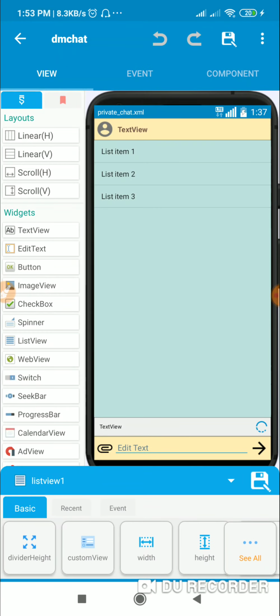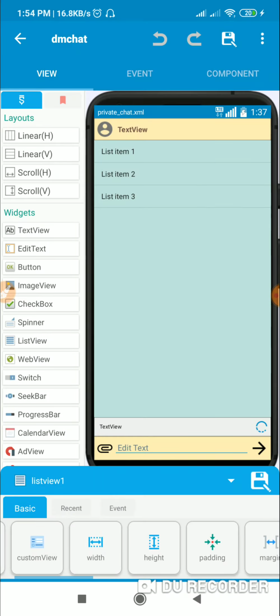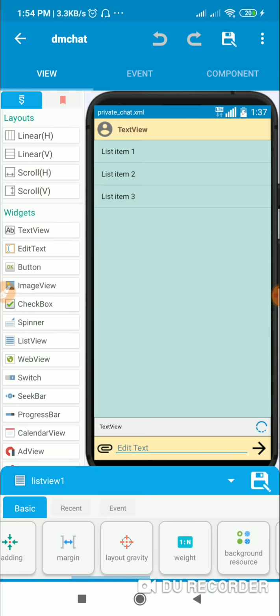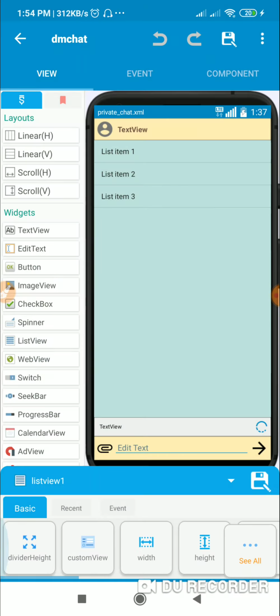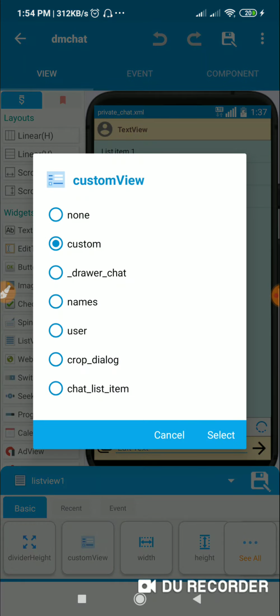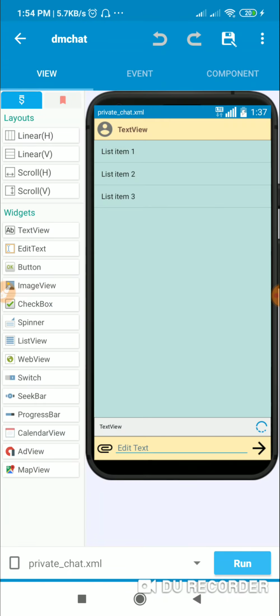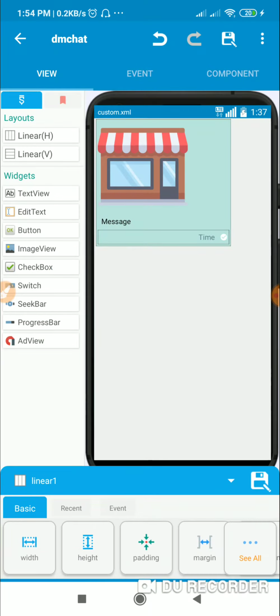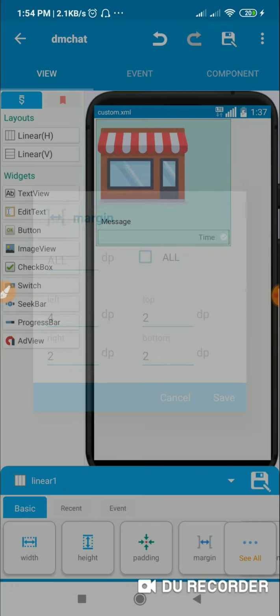Now here I have list view 1 for which I have divider height set to 0, and I have width and height fine. I have set padding to 0, and I have set weight to 1, and I have set custom view to custom. This custom view contains this linear one for which the width is 300 and there is some margin.